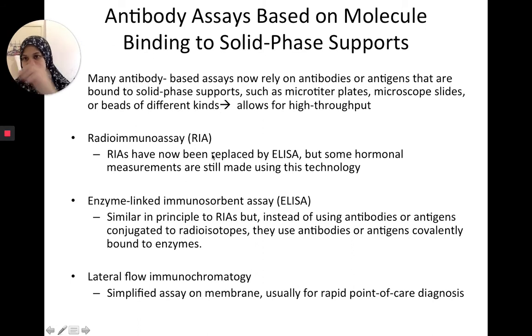So just now, it's really just one sample at a time that you can test. This one you can test multiple samples. Some of the formats common for this type of assay are radioimmunoassay, which have now been replaced by ELISAs a lot, but you still need to use it for certain measurements with very low concentrations of the analyte. Enzyme-linked immunosorbent assays are similar to RIAs, but they use antibodies or antigens conjugated to enzymes instead of radioisotopes. And then we'll talk about lateral flow immunochromatography, which are a simplified version of the ELISA, usually for rapid